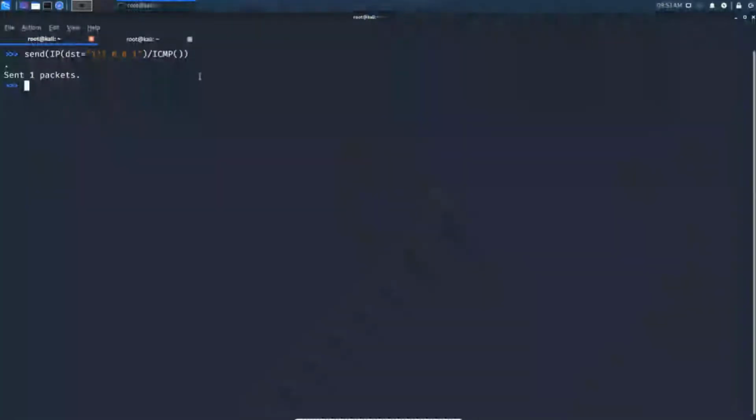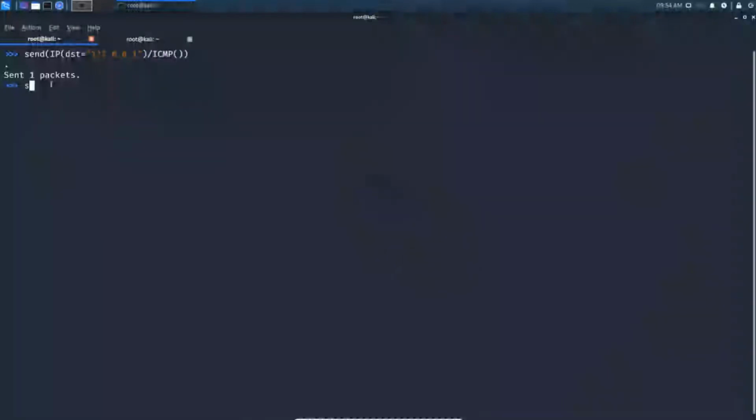Then you can monitor, or you can enter the filter as ip.addr == 127.0.0.1, and if you use that filter, you can see that particular IP address traffic. And if you see any traffic, then you can clarify your doubt whether the packet is sent or not. So that is how we send the packet.